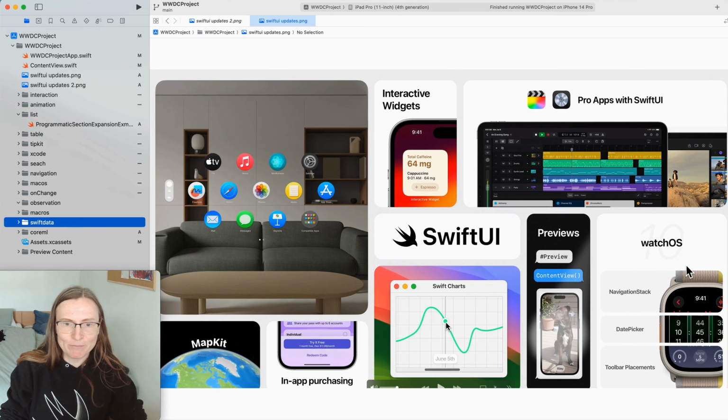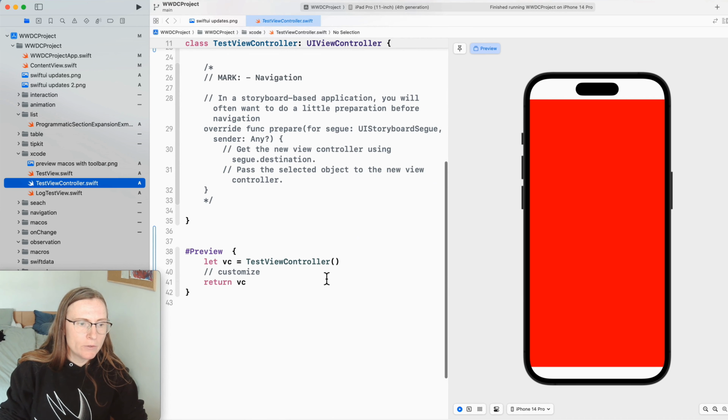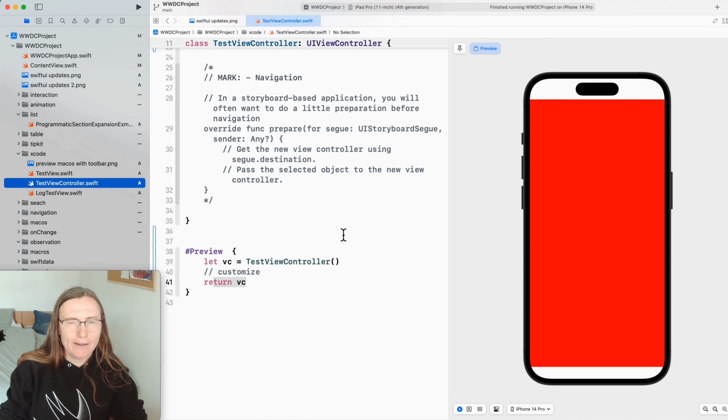but maybe one day. Previews is quite a nice thing, because now you can actually use not only SwiftUI views for previews, but directly UIKit. For example, I can just here preview a view controller, or I could also use a UI view. It's the same as for NSView and NSViewController. This is nice. I guess most people already added some wrappers to do this, but now you are getting this